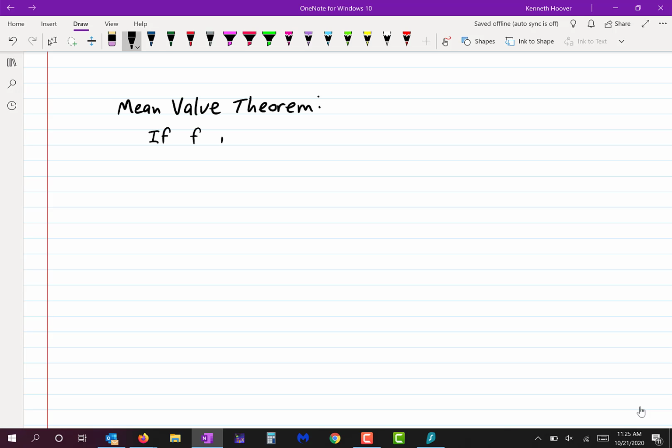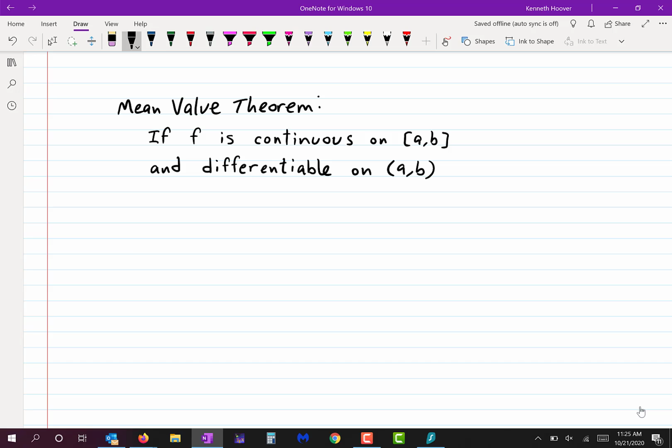If f is continuous on a closed interval from a to b and differentiable on the open interval from a to b. So that means you have a continuous function from a to b, and this function has a derivative at every number between a and b. Okay, then